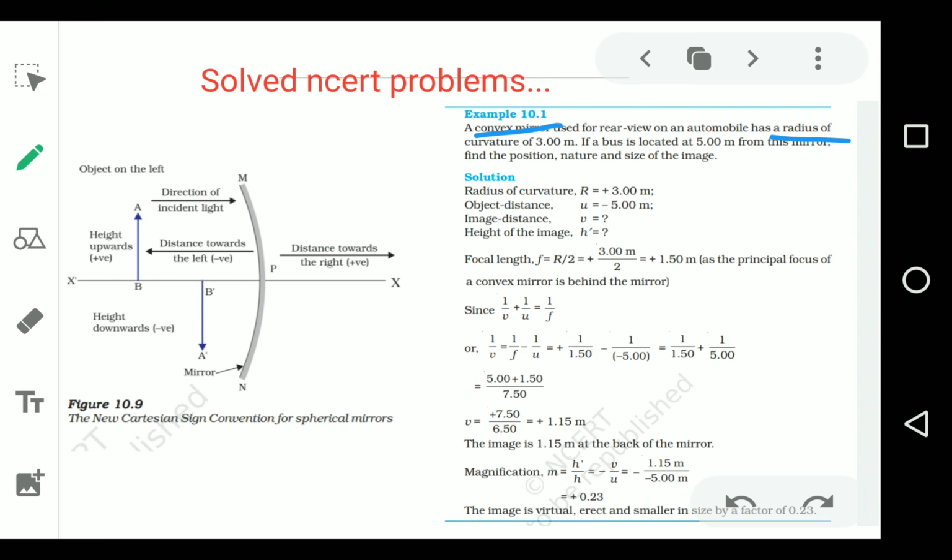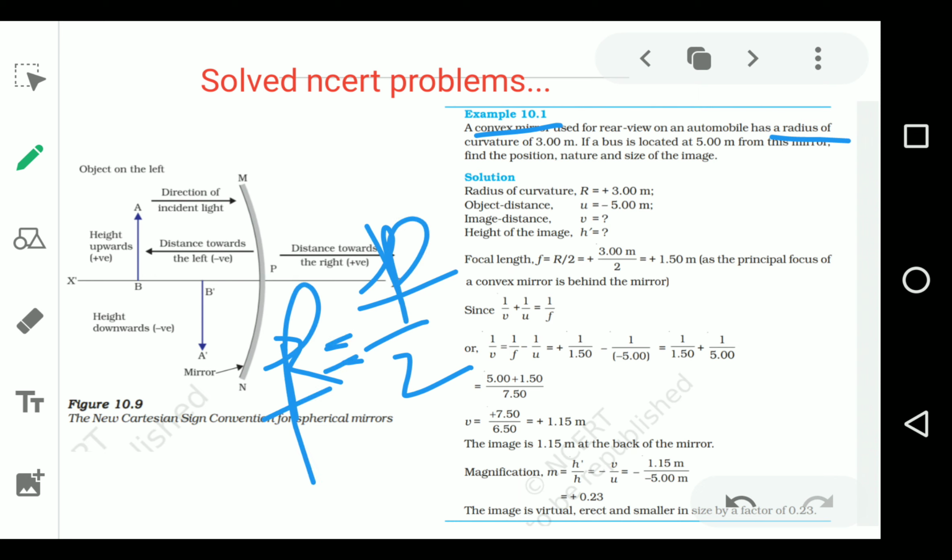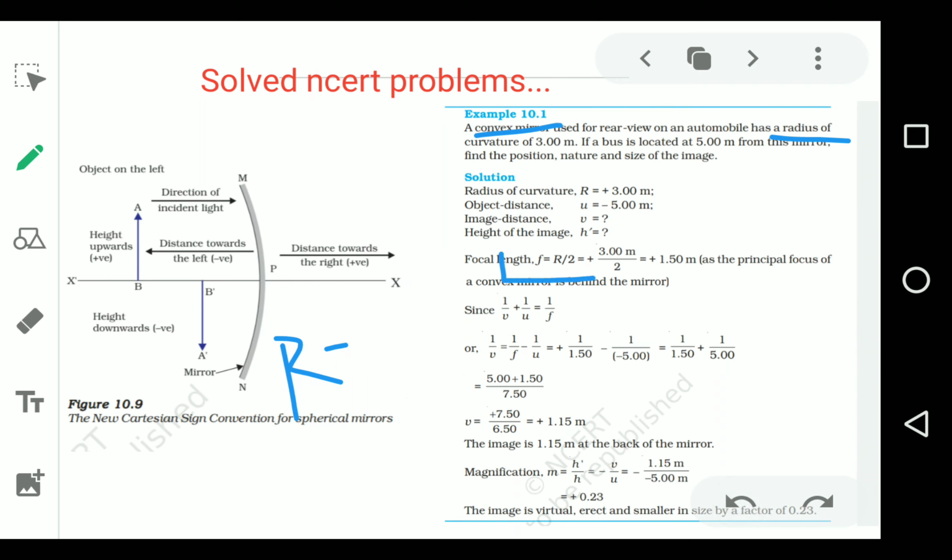Okay, and there is a relation between the radius of curvature and the focus. R is equal to F by 2. Okay, so this is the formula you should remember. I'm sorry, F is equal to R by 2. Okay, F is equal to R by 2. Here it is written, F is equal to R by 2. If R is positive, F also you are going to get positive. If R is negative, F also you are going to get negative. Okay, so here the radius of curvature is given, so easily you can find the focal length. It is 3 meter. 3 meter by 2, you are going to get positive 1.50 meter.